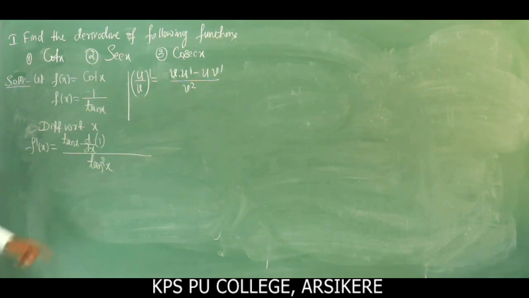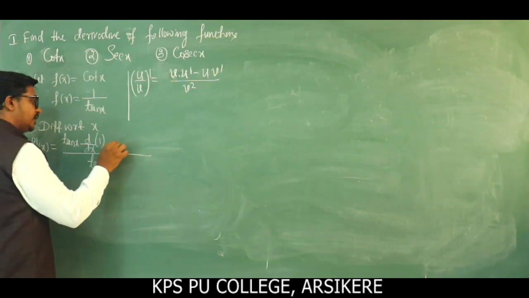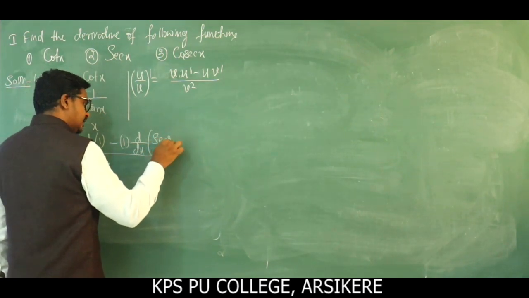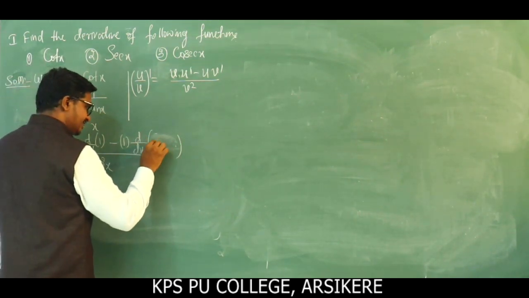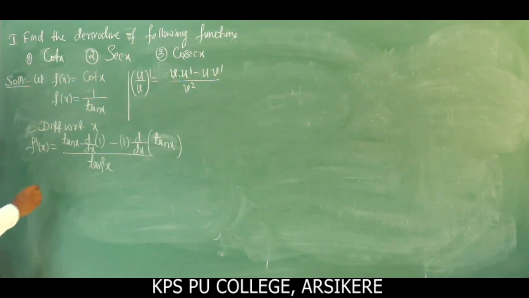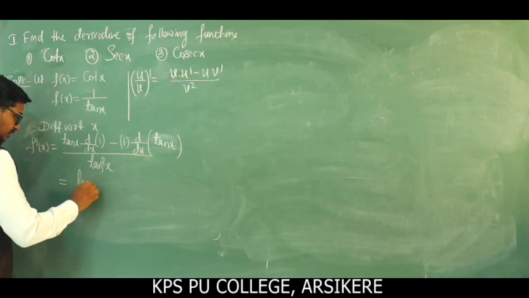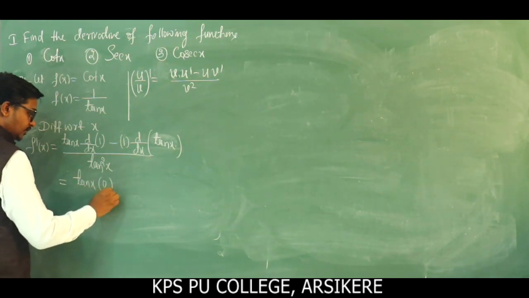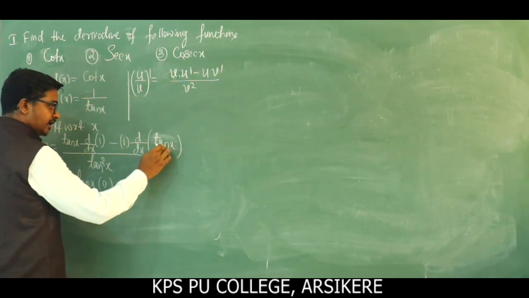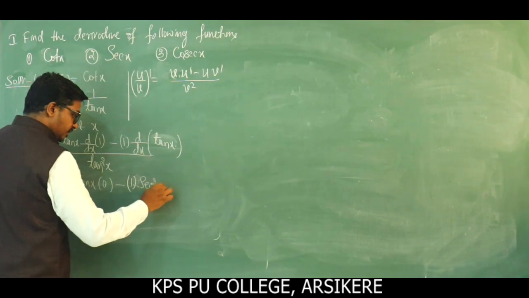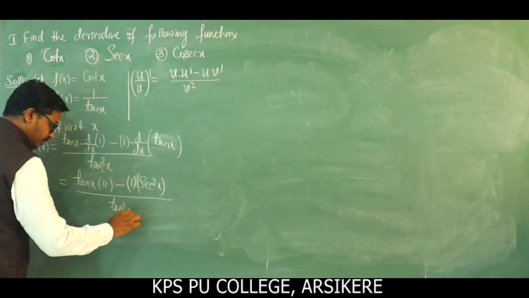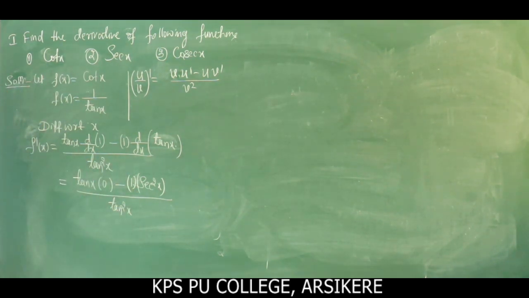1. What we have here is 1, that is the term u, minus 1 into d by dx of tan x. Right, derivative. So this is tan x. Therefore, this becomes tan x into the derivative of 1, which is 0, minus 1 into the derivative of tan x, which is secant square of x, whole divided by tan square of x.